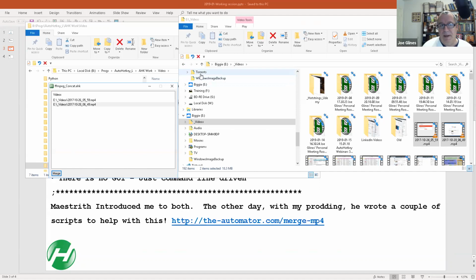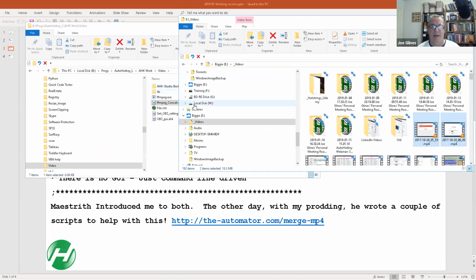And then it dawned on me, hey, what if we could detect that default video folder where OBS saves to? Sure enough, it wasn't in the registry, but OBS creates a file under AppData, under the user, that says here's the folder where you normally save. And so he wrote the second one.